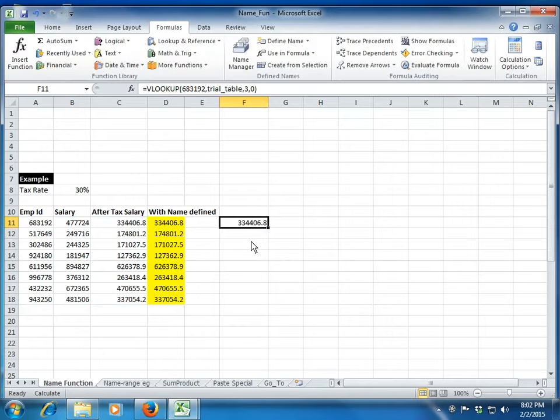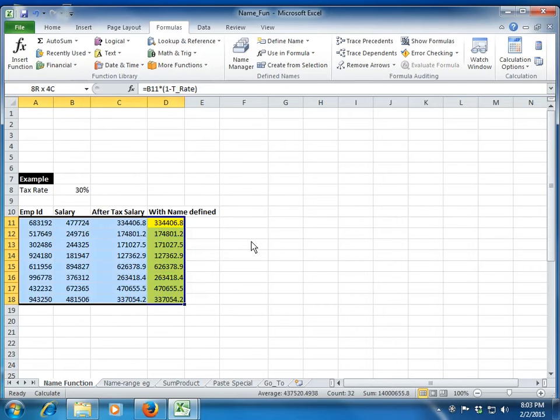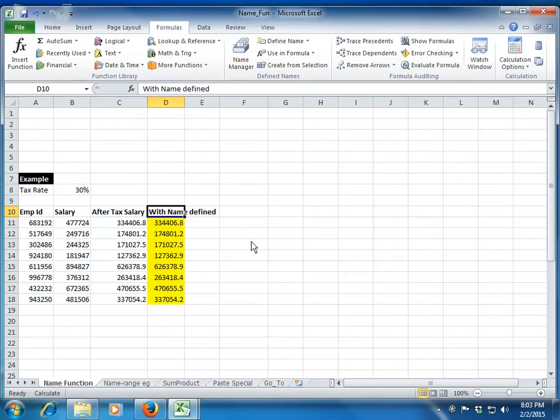So this is where we used the name reference for an array or group of cells. This is very handy again when you are working on some data which needs to be referred again and again. So rather than going and linking to the data set again, I can just simply name that data table and then use it again and again for my reference. Clear? So these are some of the things which we can do with the name manager.